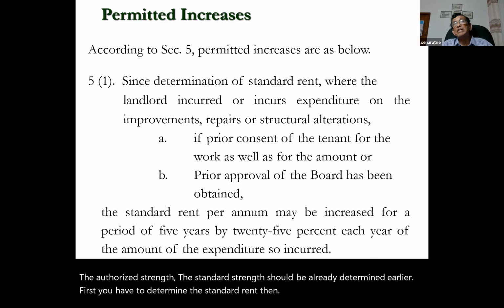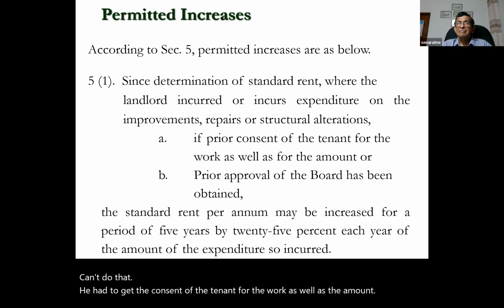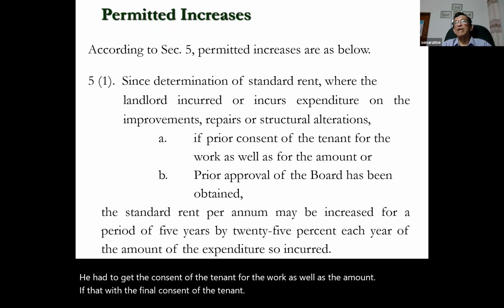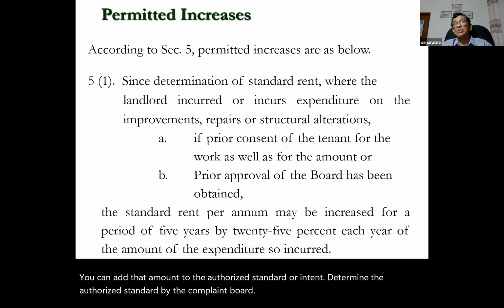Then, after determination of the standard rent, if improvements, repairs, or structural alterations are done, the landlord can't do that just by himself. He has to get the consent of the tenant for the work as well as the amount. If with the prior consent of the tenant for the work as well as for the amount, then only you can add that amount to the standard rent and determine the authorized rent by the rent board. If the consent of the tenant has not been obtained,